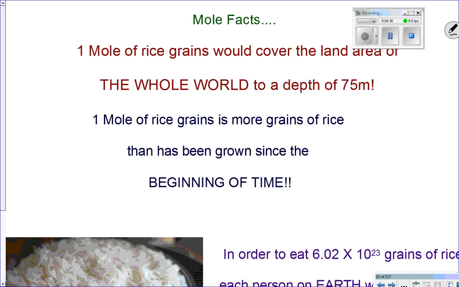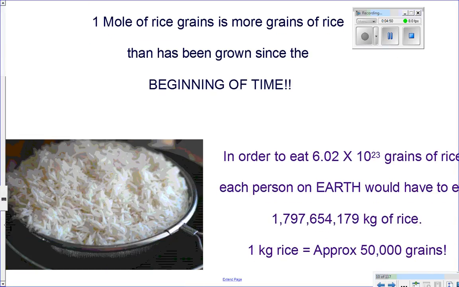Some mole facts for you. 1 mole of rice would cover the land area of the whole world to a depth of 75 meters. 1 mole of rice grains is more grains of rice than have been grown since the beginning of time. In order to eat that many grains of rice, each person on Earth would have to eat 1,797,000